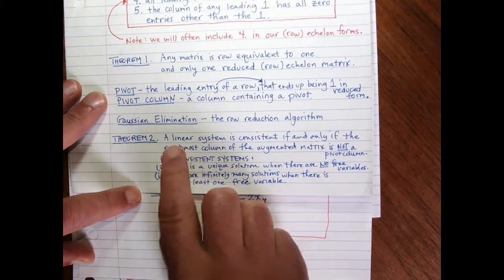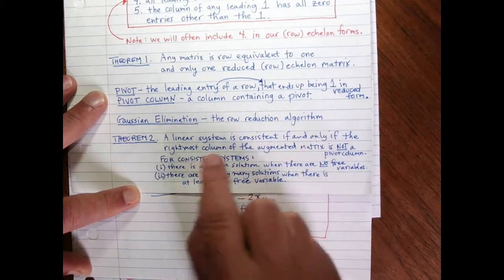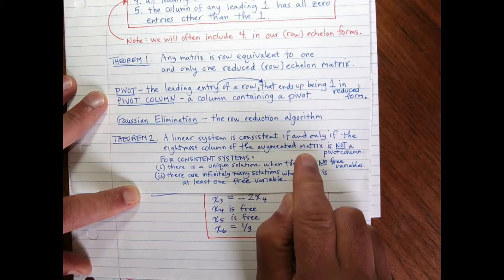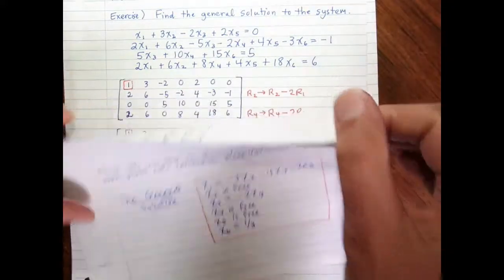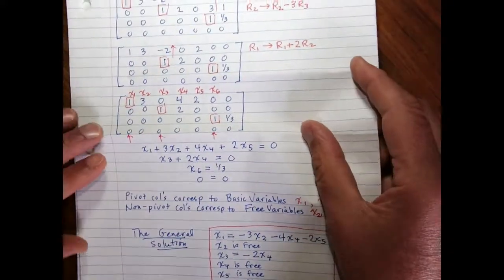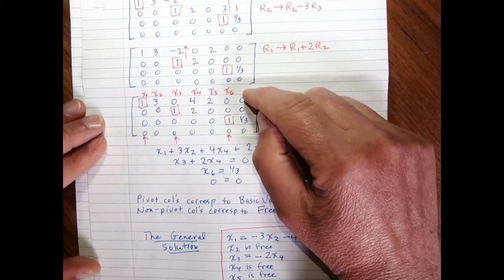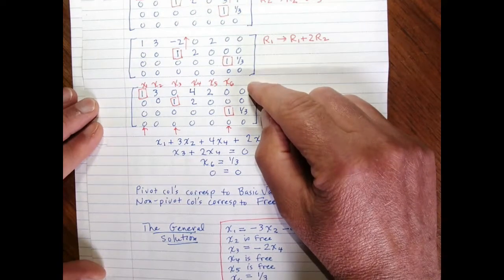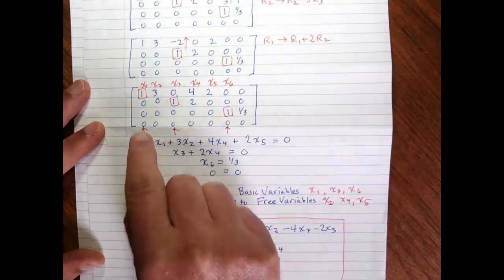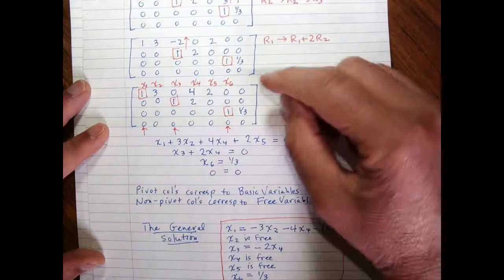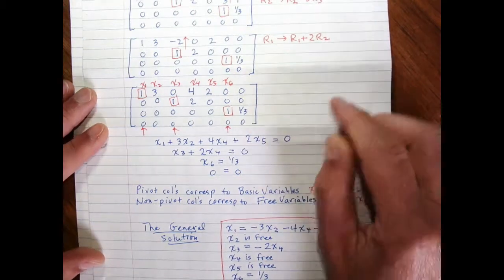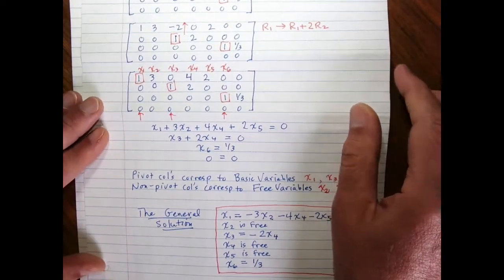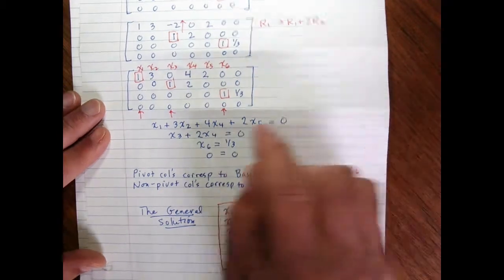So back to theorem 2. A linear system is consistent if and only if the rightmost column of the augmented matrix is not a pivot column. What does that mean? Well, in this example we just worked through, the rightmost column, notice at the end, was not a pivot column. The pivot columns were 1, 3, and 6. So because that was not a pivot column, we know there has to be a solution or solutions to this